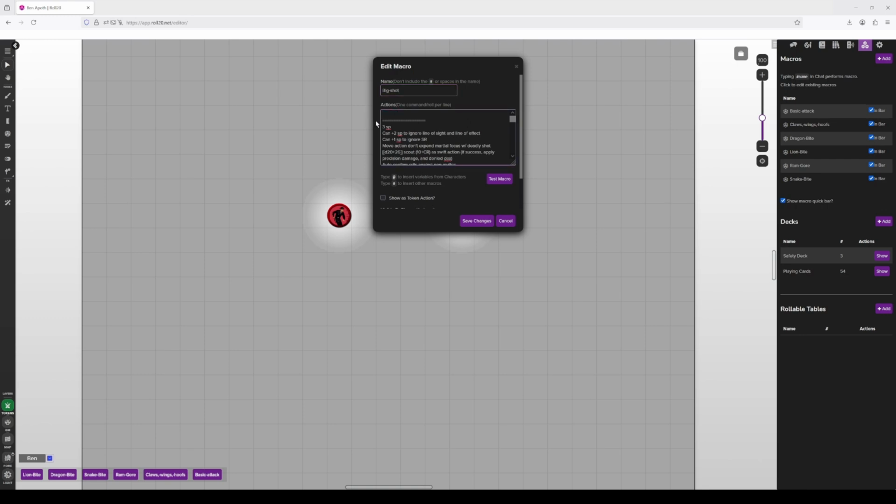So it starts off with the resources it costs, optional upgrades in there because I only want to make so many macros. I don't want to have 700 of them. I have how I'm using my move and swift action to augment the attack. All these context notes, like auto confirm criticals against non-mythic creatures that don't miss on natural 1, reduce fortification by 25%, all that stuff. Then we get to the actual attack roll,